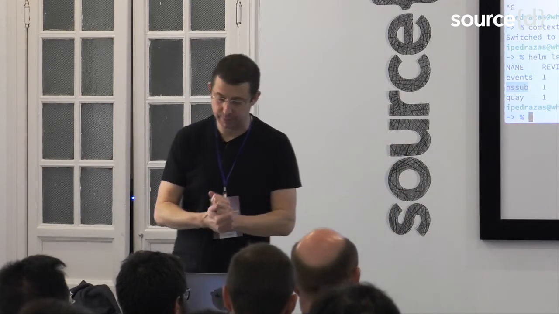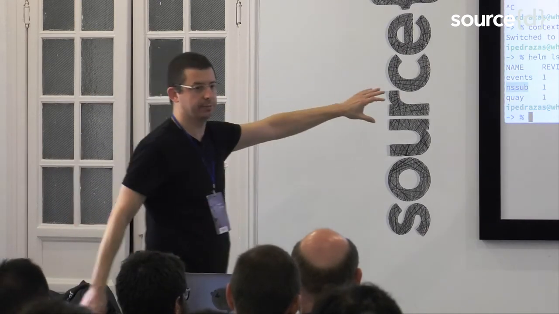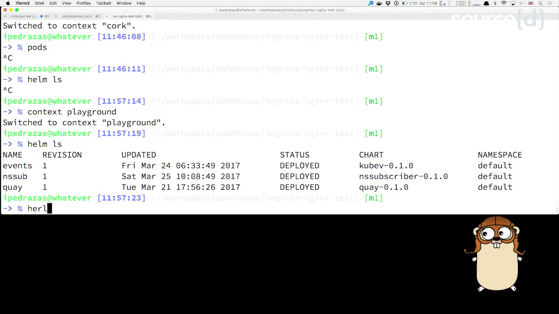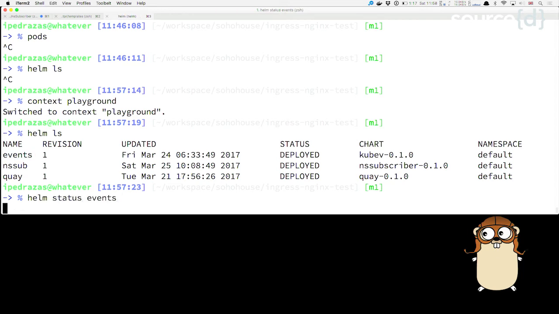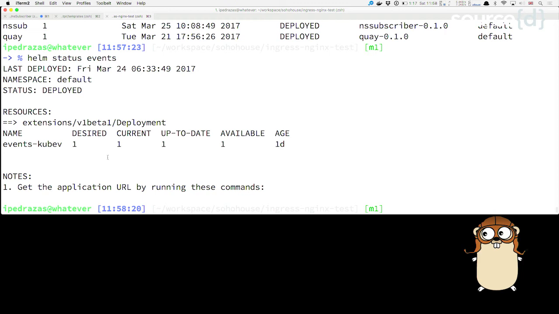We have to manage all these YAML files that our good friend said this is bonkers, and I agree. But that's where the sanity comes from Helm, because Helm allows me to do things like rollback, or I can check the status of the release. Helm status, and this one, for example. And it will tell me what happened and what was deployed. So you have all the traceability, right?